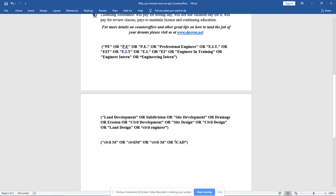And first, give me the basics. What's the star do when we put that in there? For whatever word that a star may appear in front of or after, it's going to pull that from resumes, regardless of what the word before that may be. That star means include the word before in a rough sense. So if I write star CAD star, it might bring me AutoCAD, it might bring me CAD Civil 3D, CAD 2D, CAD 3D, etc. Perfect. Occasionally we see CAD spelled with two Ds. Occasionally we see CAD as AutoCAD, just CAD, and